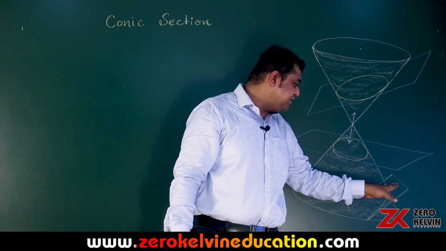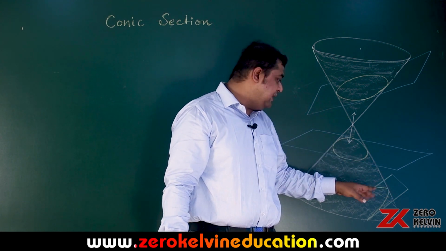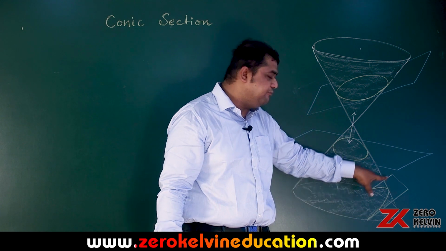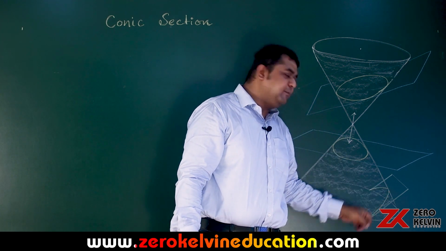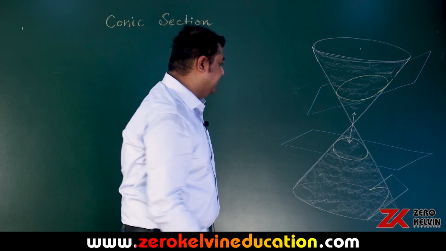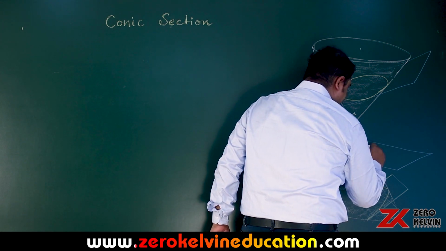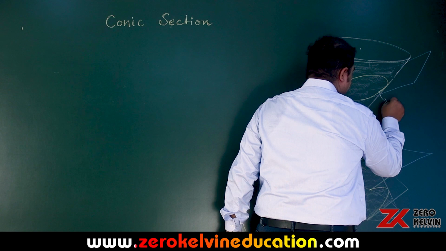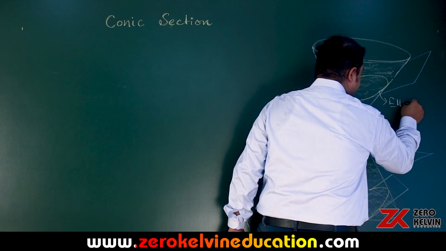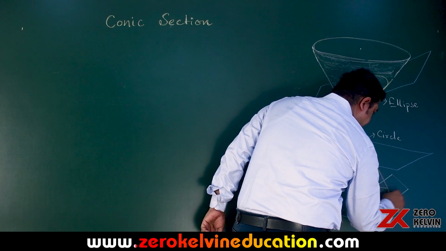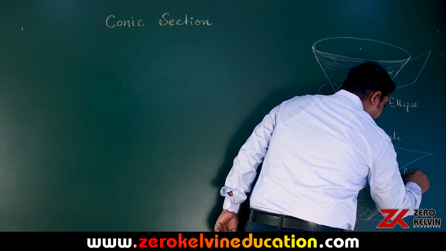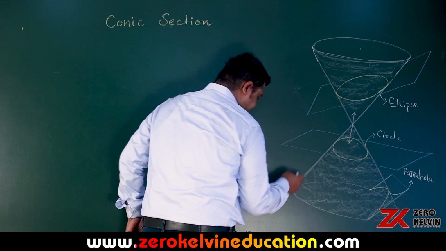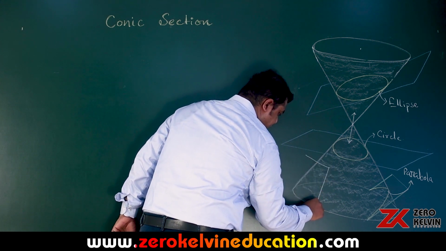Similarly, we can think of a section which is not parallel to the base and opens in the base, but the section angle is such that we are getting a section only from one part, that is opening up a boundary whose shape is called a parabola. So, if I mark what we have gone through so far, this is the circle, this one the ellipse, and this one the parabola.